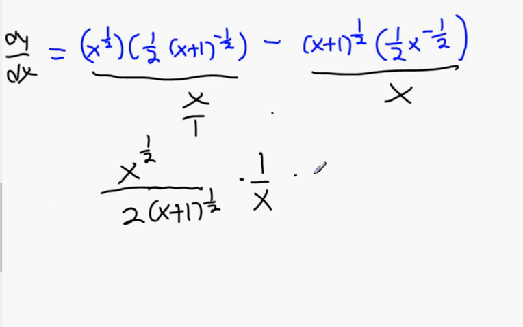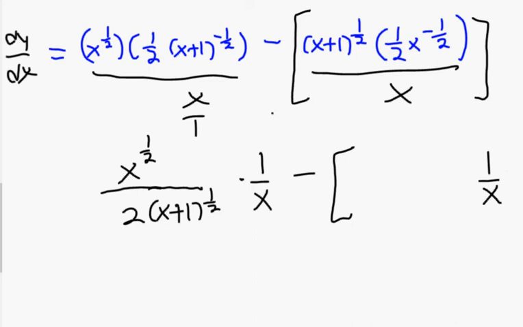Now remember, this is a minus everything in here, so you've got to keep it contained. Okay. Once again, what we're going to do with the x at the end is this. We're going to turn it upside down, like we did the last one. It's going to be 1 over x at the end. Now that brings us to what we're doing here with this stuff. The x, this is a positive power, isn't it? Positive power means it's going to stay at the top. Okay? And then on the bottom, the 2 is already on the bottom because it's a half, it's a denominator. And this x to the power minus a half, can that go on the bottom as x to the power plus a half? It can, okay? Now that we're here,